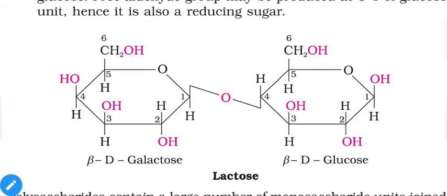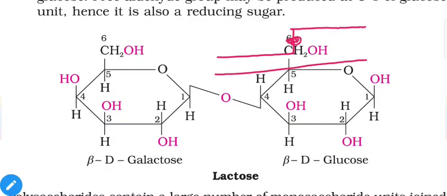So these two molecules will be present at stepwise positions. One molecule, or one part of the molecule, is comparatively higher than the other part, just like steps. Suppose you observe from the side, then this will be the position of the glucose molecule, and then with the help of oxygen the second molecule is attached. So here we have the glycosidic linkage through oxygen. So this type of stepwise structure will be obtained.